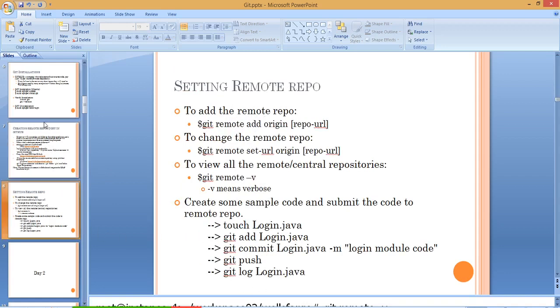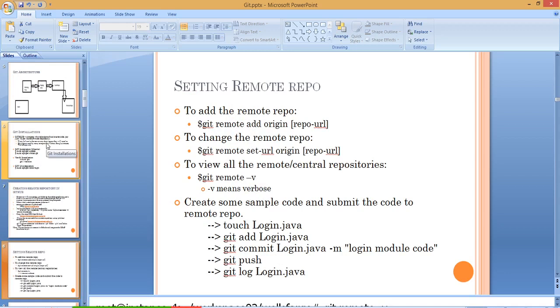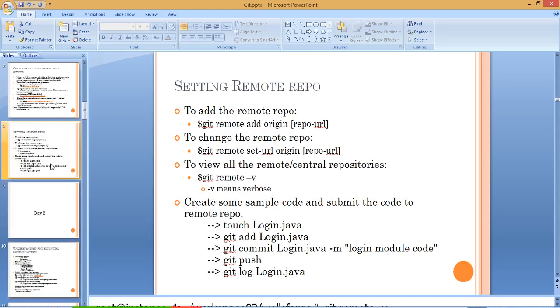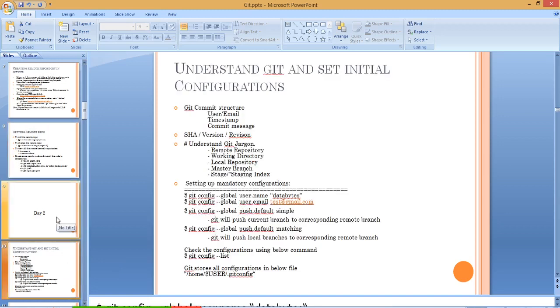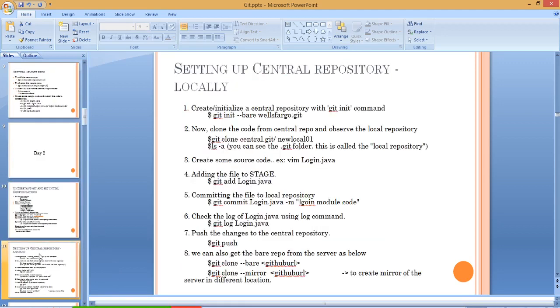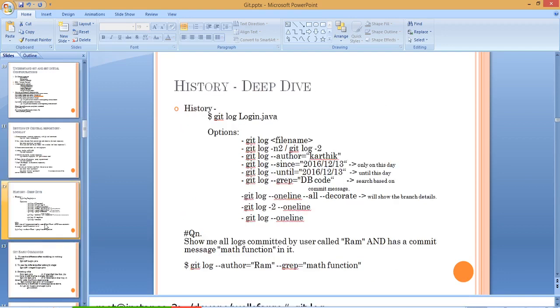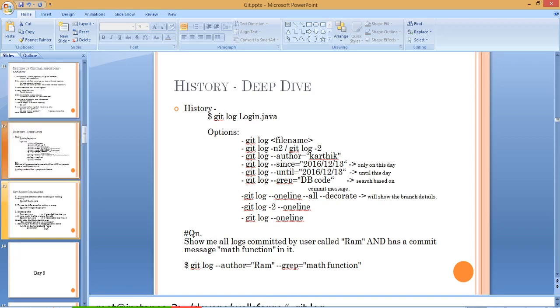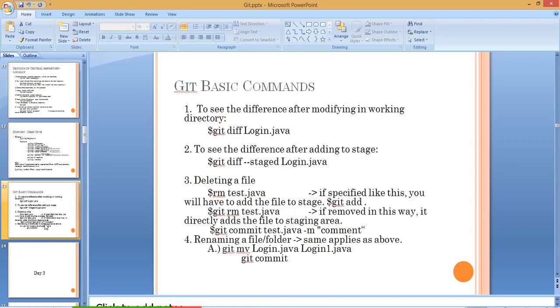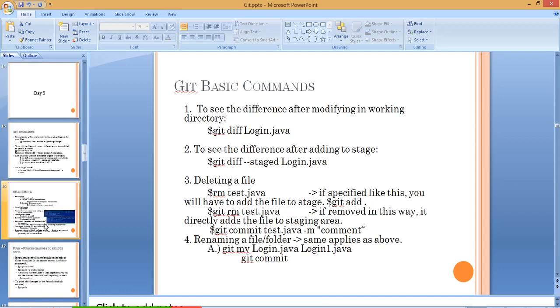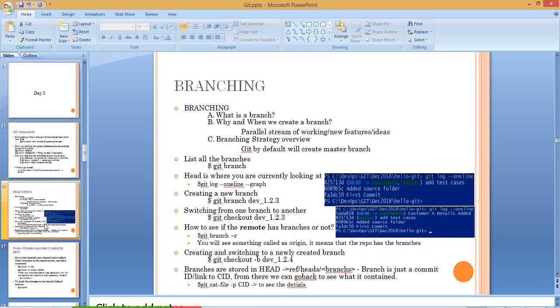Okay, so we'll start with tomorrow's session. Again, we reiterate day one for 5 minutes, and then we'll proceed with the day two content: setting up the configs, setting up the local central repository locally, and all this stuff. We'll also do a deep dive into history on Git, how we have our logs, and how we remove and how we move. Then on the third day we'll talk about branching, what exactly its importance is,